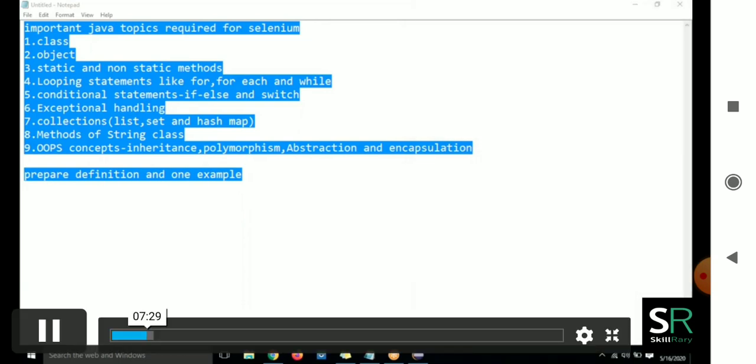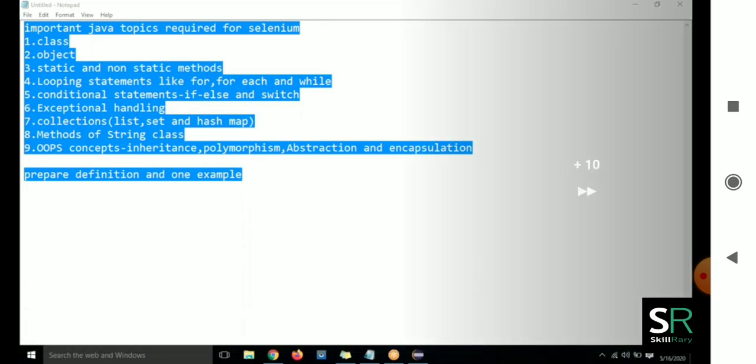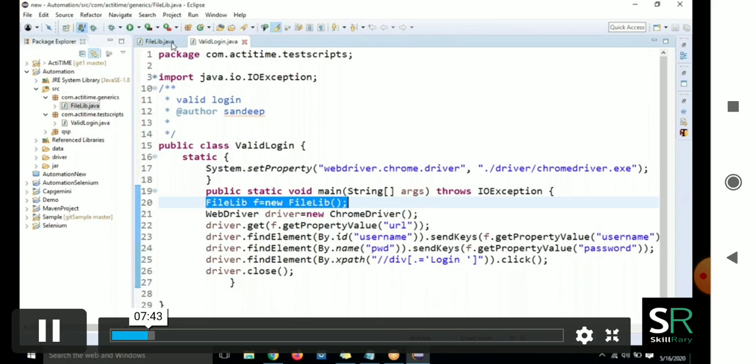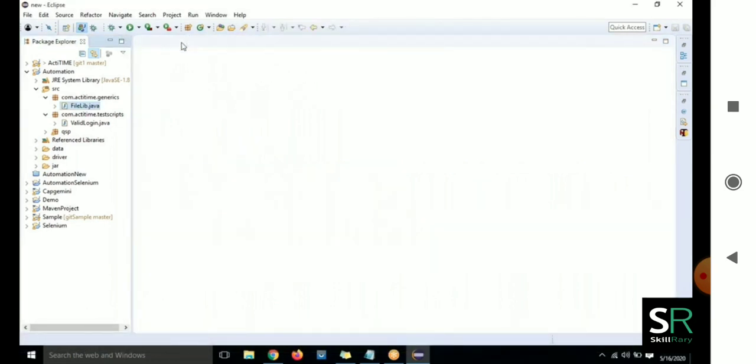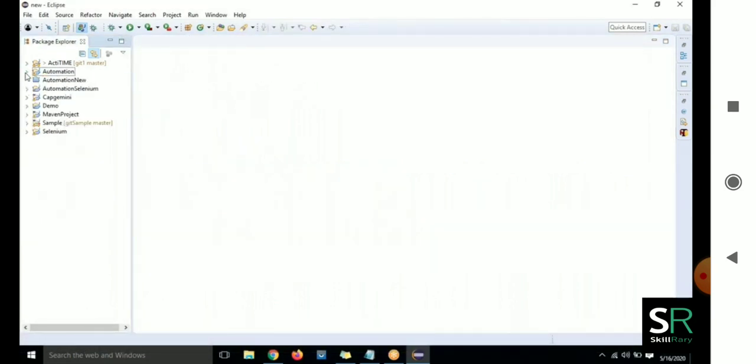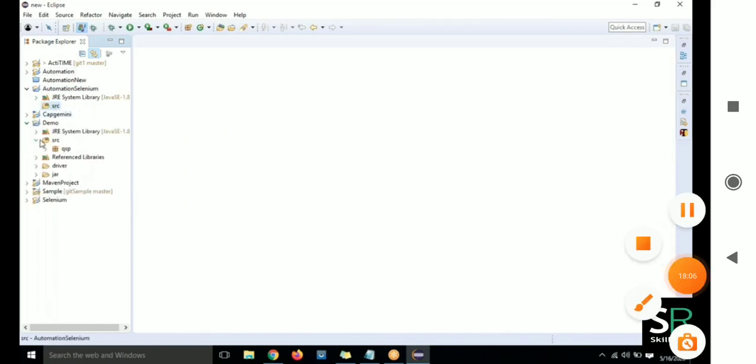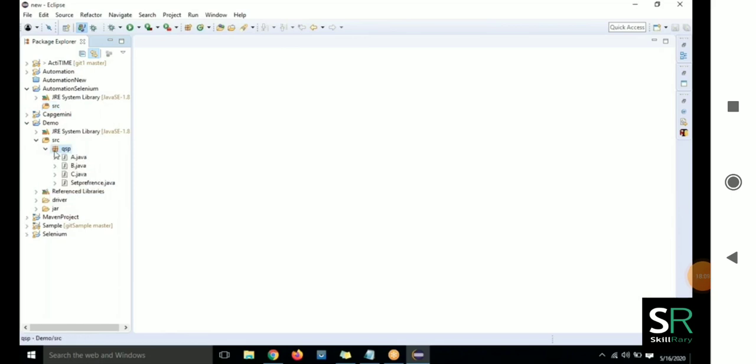The last class: overriding and upcasting, typecasting.